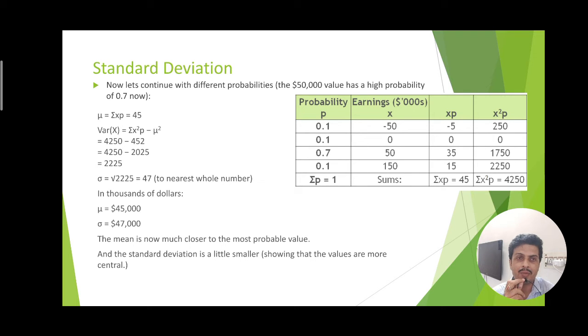It should not be large enough. As we have increased the probability to 0.7, the other probabilities have to be reduced so that the summation of the probabilities is equal to 1. So in this case, what we find is that